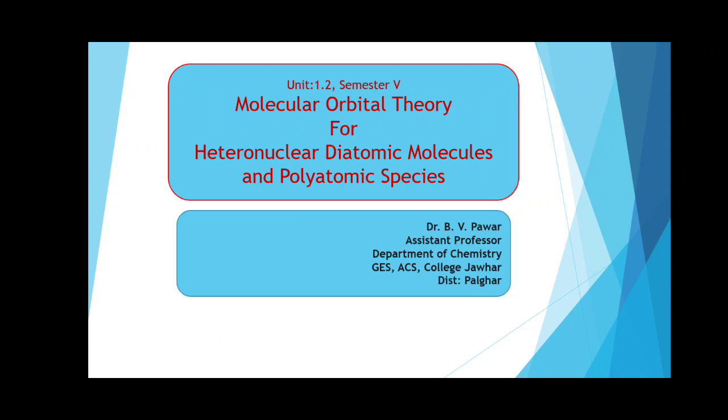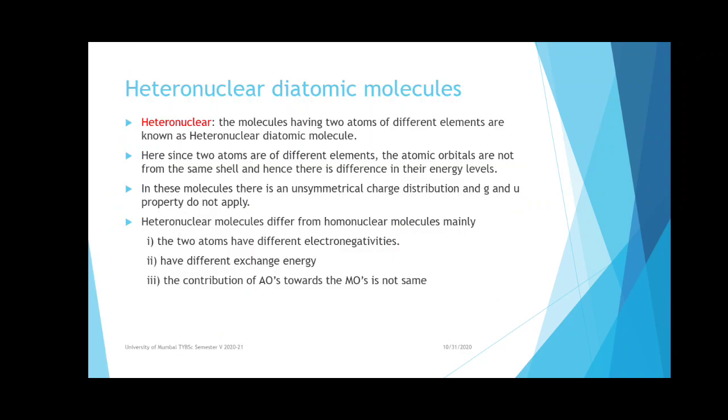In our previous lectures, which were very introductory about molecular orbital theory, we saw how molecular orbitals get formed from atomic orbitals, what the requirements and conditions are for the formation of molecular orbitals, and what the different types of molecular orbitals are. We had already completed all this topic in our previous video lectures. Now let me quickly revise heteronuclear diatomic molecules.